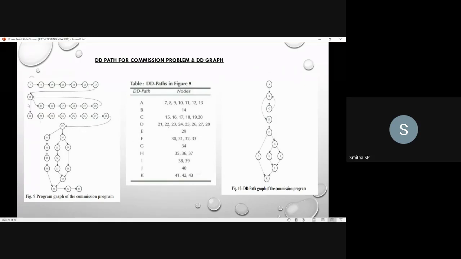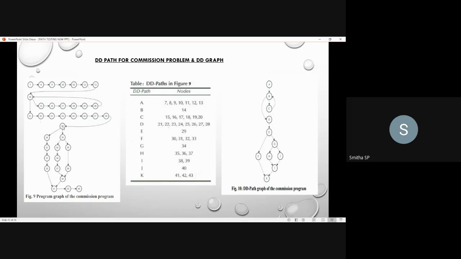Coming to the 15th and 21st, the 15th sequence is replaced by a single node, that is C. And the 21st node, a sequence from 21st to 28th, is replaced as D. Next, from 28th to 29th there is a control flow, so make the 29th E.